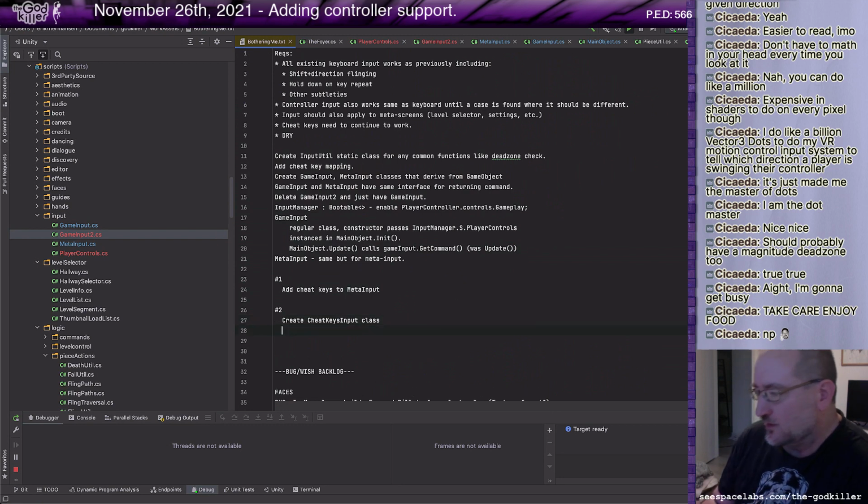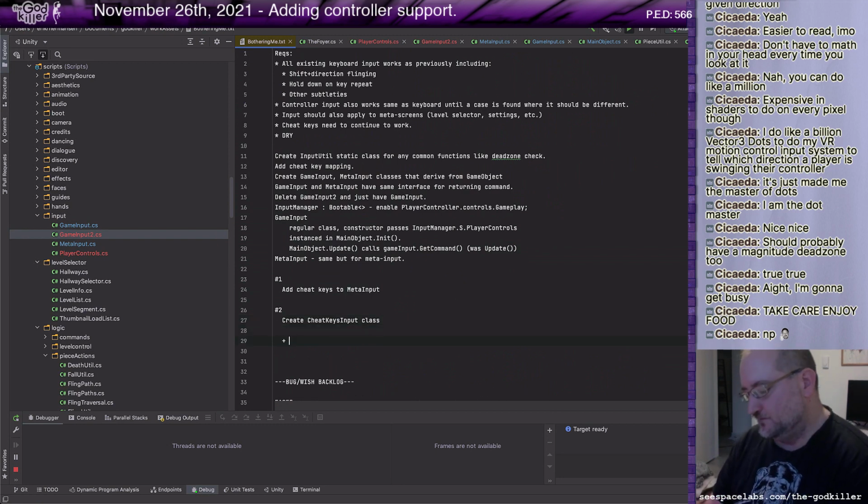Okay, there is one plus to this, which is it's easier to remember where cheat keys are. I think it's cleaner. Let's go with that.